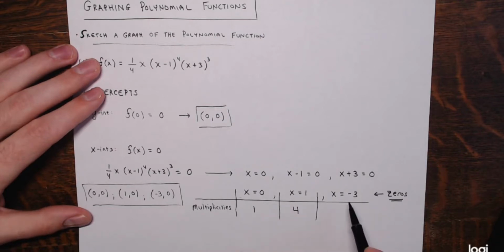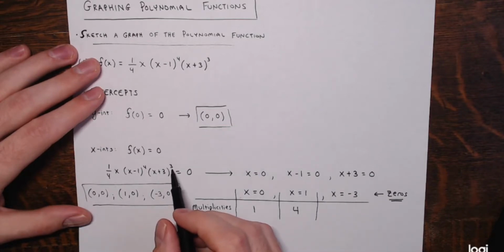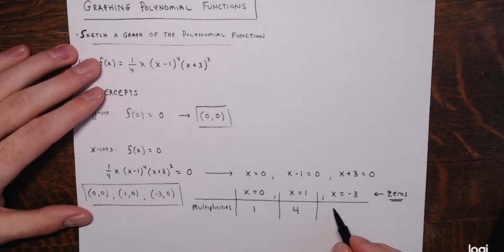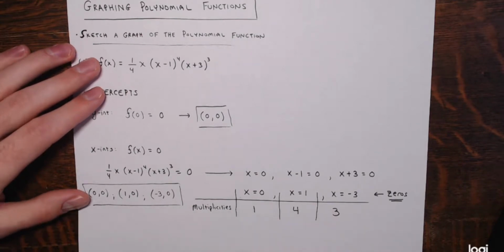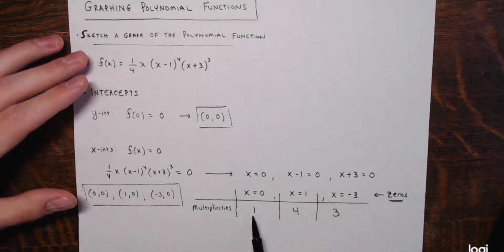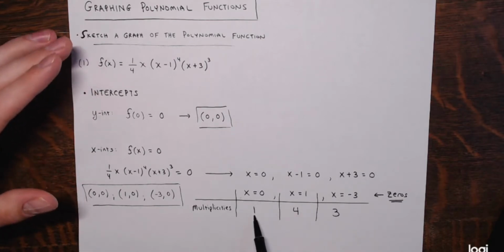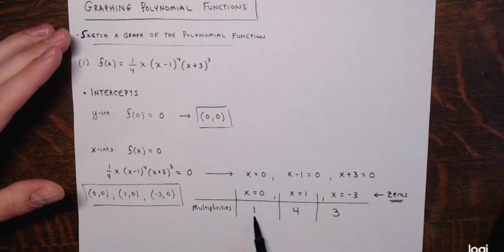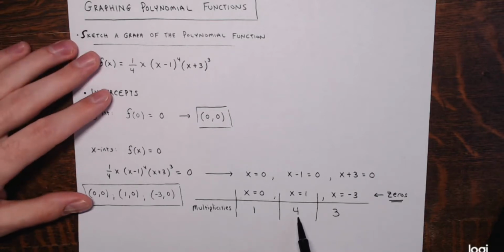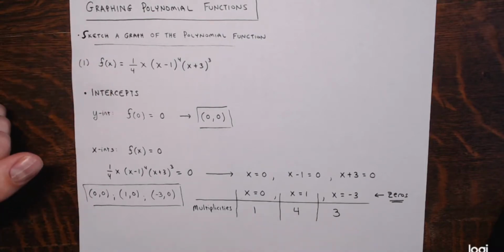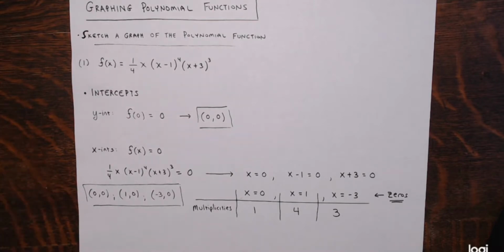And x equals negative 3, right? The factor x plus 3 is a factor 3 times. It's to the 3rd power, so it has a multiplicity of 3. Okay. So we have two zeros with an odd multiplicity, so the graph will cross over the x-axis at these zeros, and one with an even multiplicity. Right. But we'll get to that in a second, because the next thing they wanted to talk about after finding the intercepts was symmetry. Right, check for symmetry,